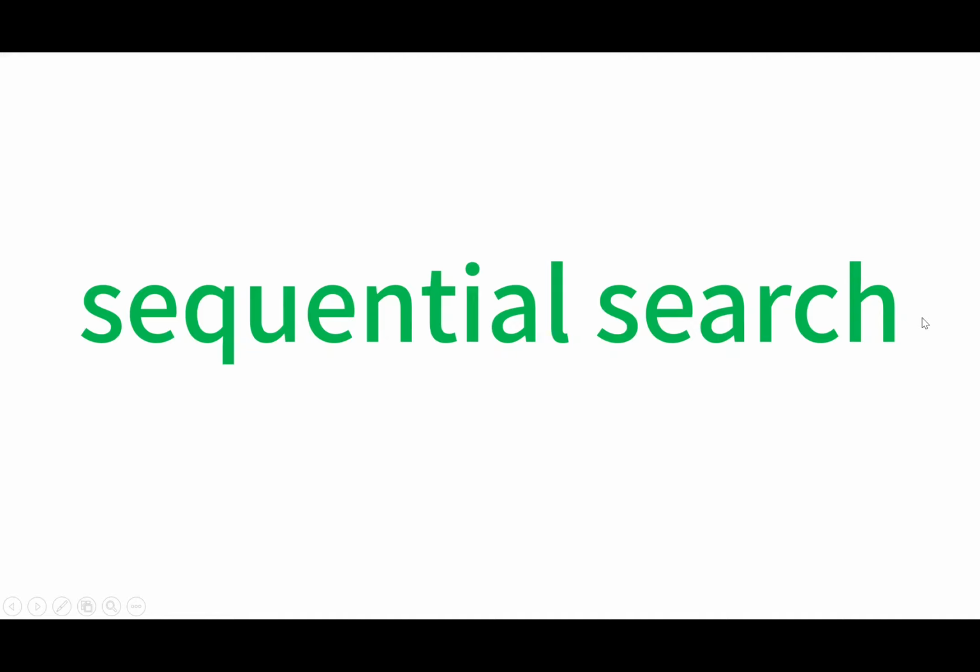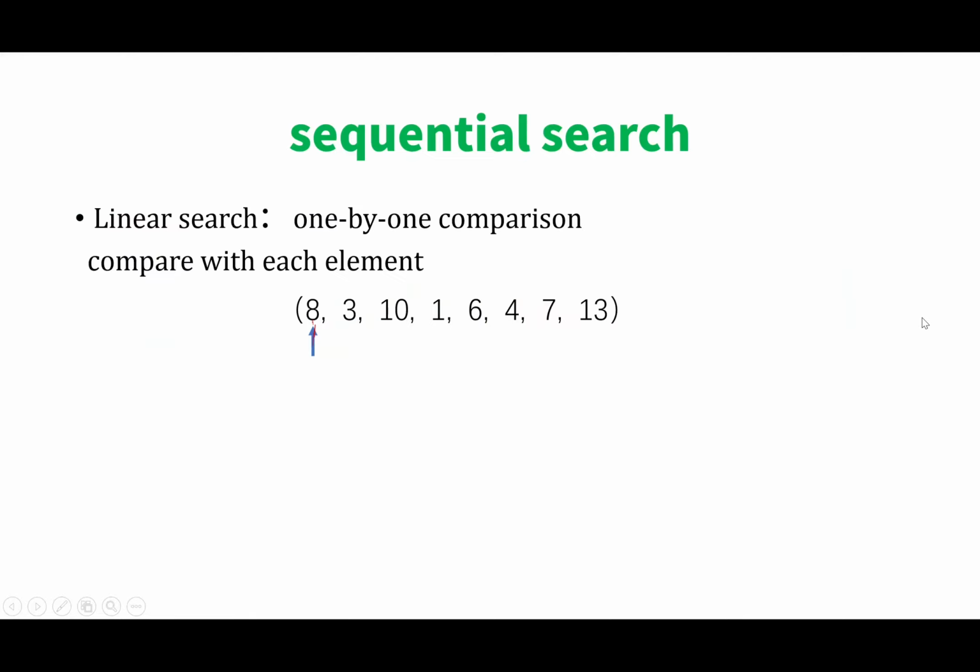There are many search methods. Each search method depends on the underlying data structure. Sequential search is the simplest search method. Sequential search is also called a linear search. It searches a sequential array by one comparison to find an element. For example, in this array,